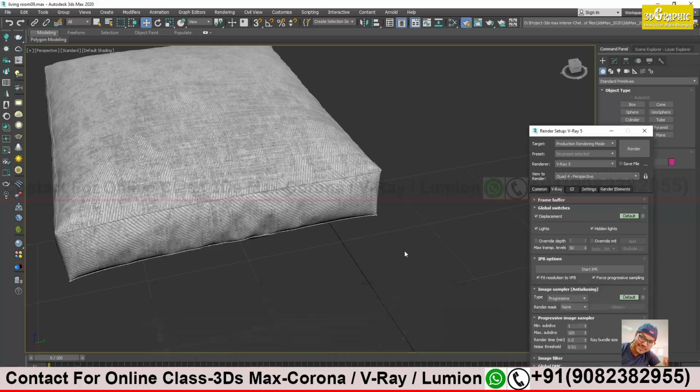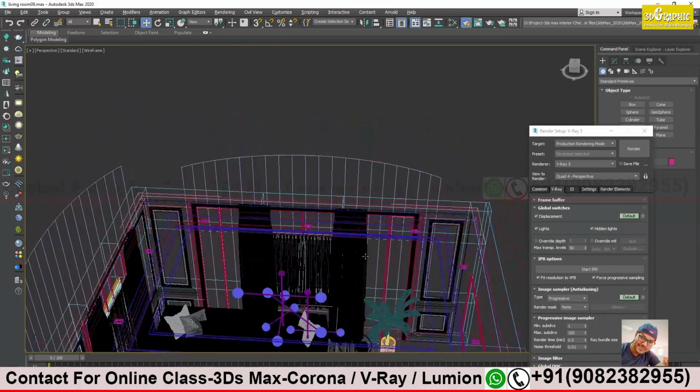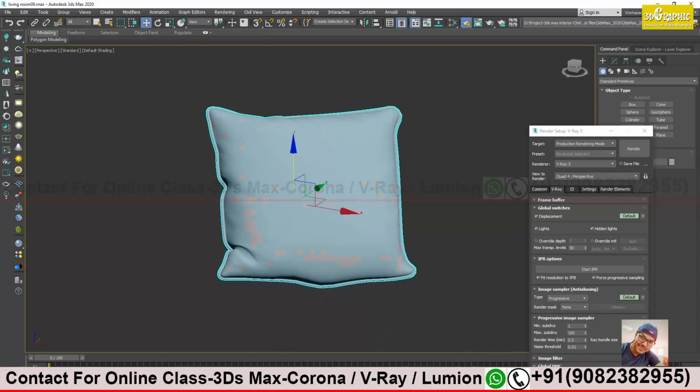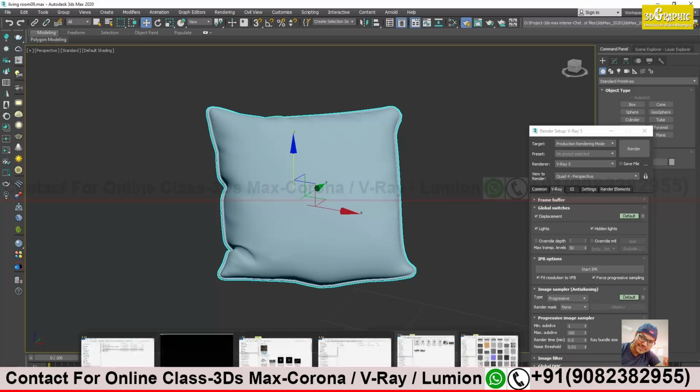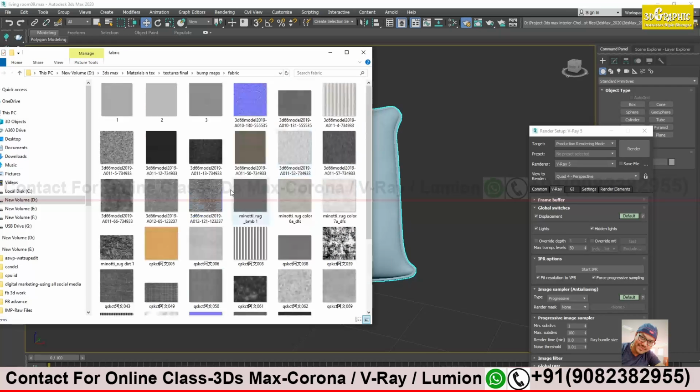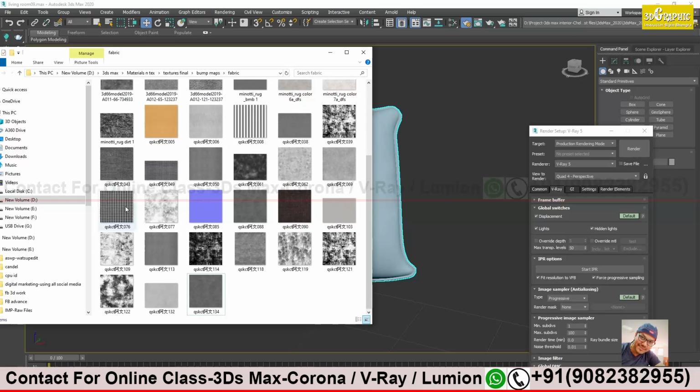Okay. Let's come out of isolation mode. F3. Cushions are simple. Simple colors will be there. Nothing much to do with that. Just apply the texture on the cushions, and you can apply displacement over there. It looks more natural. So I will just do it quickly. Fabric. I have one cushion, very nice. There are multiple cushion textures available on the internet also. I have very few with me, so I will just try this one, which I feel like. Just try to download multiple colorful, very nice cushions from the internet.